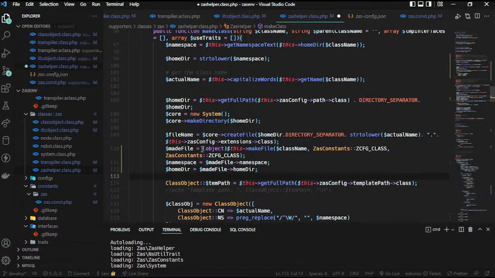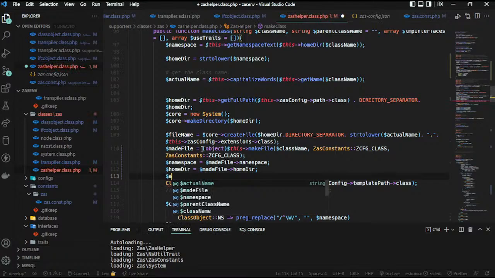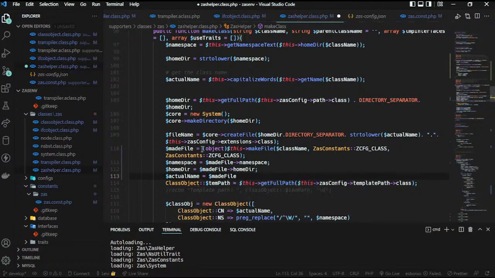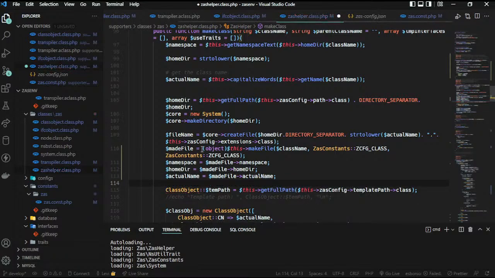And actual name is equal to, if I see this thing is repeating itself, I'm going to put it in another function, just so that I don't waste my time. Okay. Actual name made file, actual name. And then finally we have